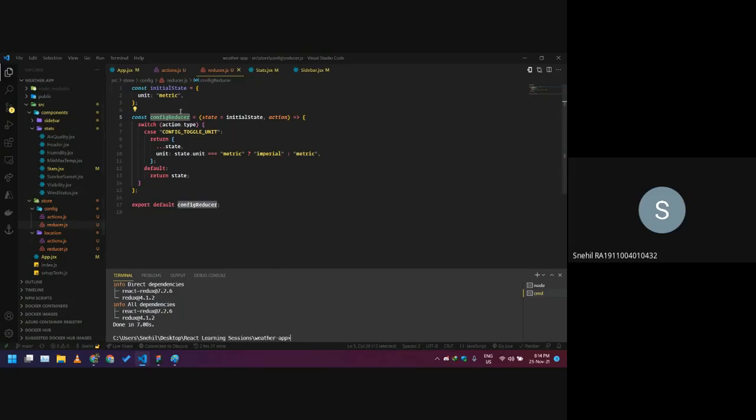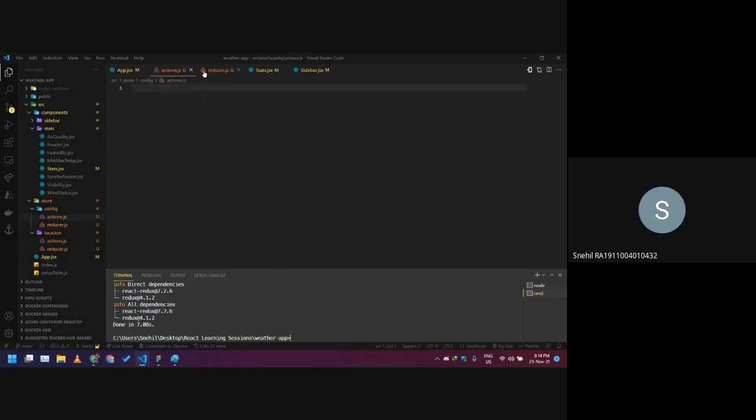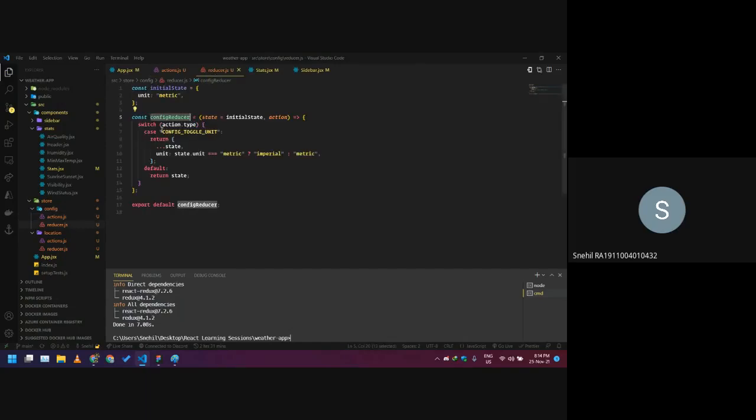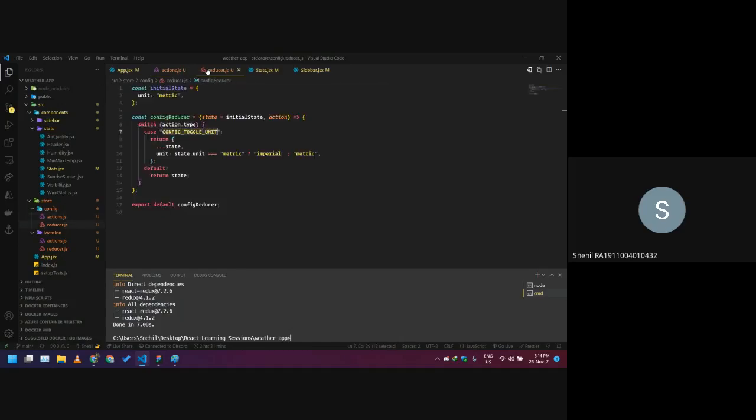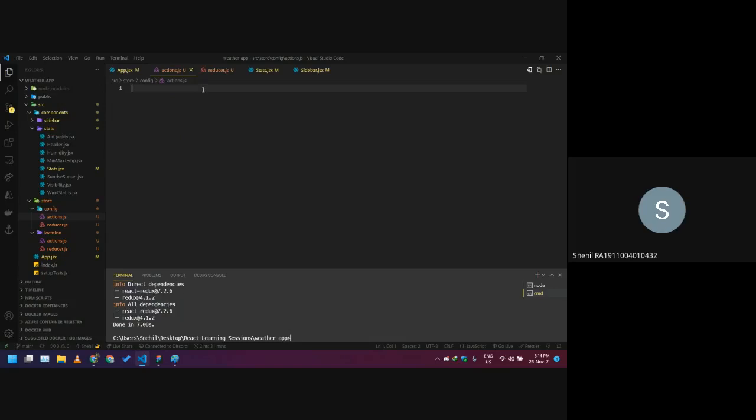But let's just first define this particular action over here. So the way you define actions are, obviously you can dispatch actions by writing this thing again and again wherever you want to dispatch this action, whenever you want to toggle the state. But the better way to do it is by creating a function specifically for dispatching a particular action. So that's what we're going to do. I'll create a function and I'll name it